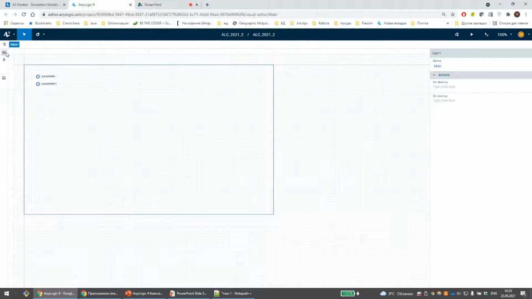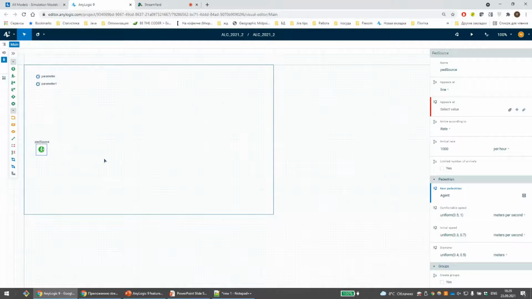Currently, we support two libraries. The palettes are still presented on the left-hand side. Let's build a simple model of a bus stop, and I'll show you all the new cool features we have here. You can expand or collapse a library, whichever you like. I prefer the collapsed one.